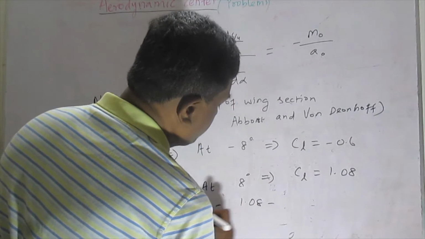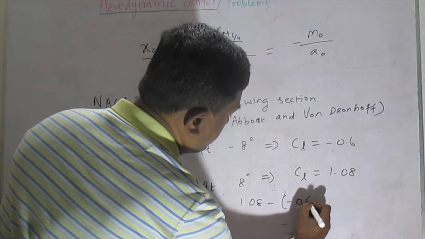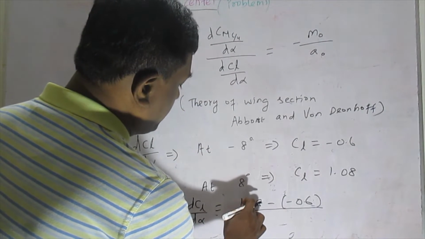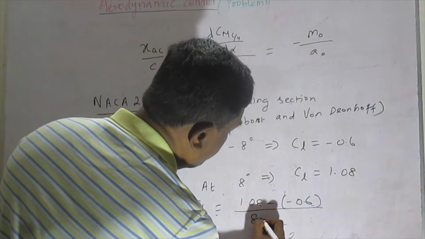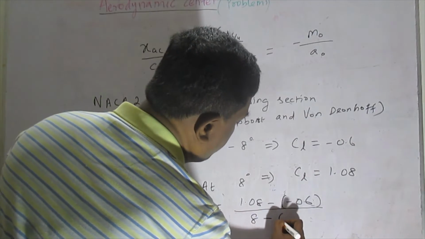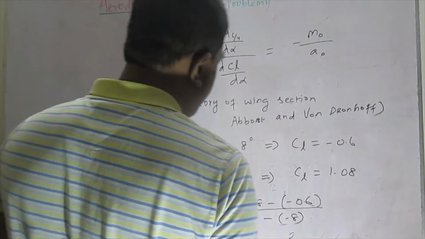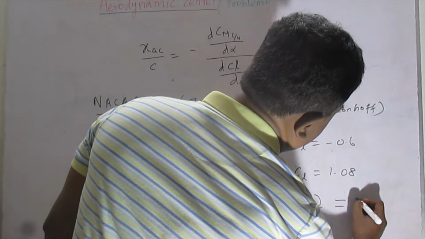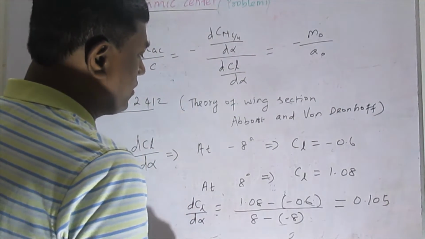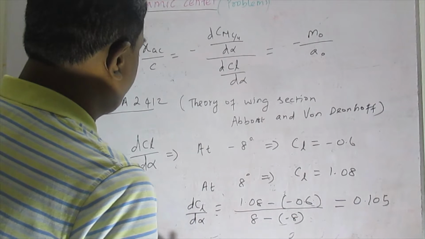1.08 minus of minus 0.6, divided by the angle of attack, that is 8 degree minus of minus 8 degree. Based on this we can do the calculation. After doing the calculation, this value comes around 0.105. So dCl by d alpha we got, that is 0.105, and then we can find out